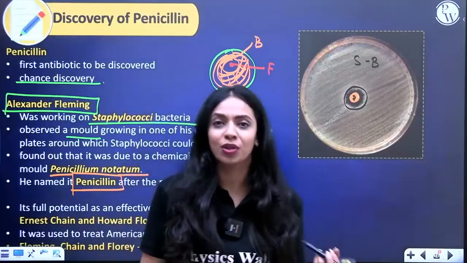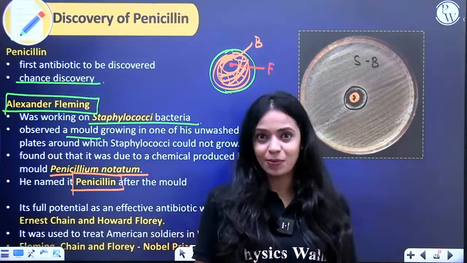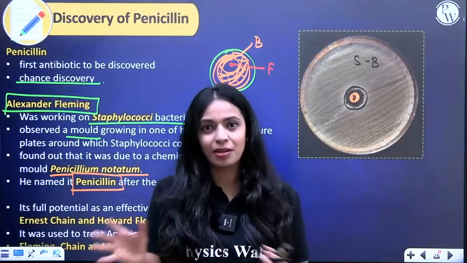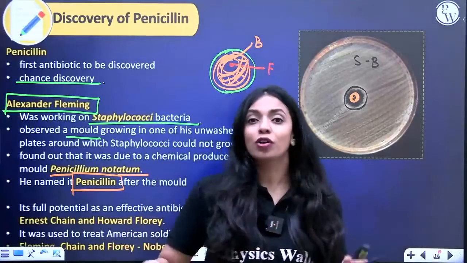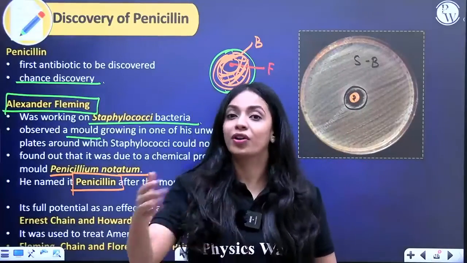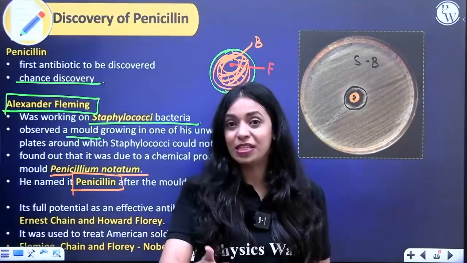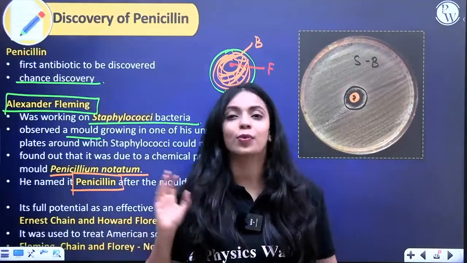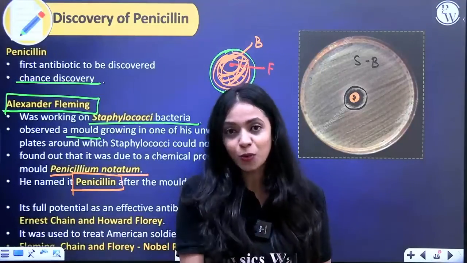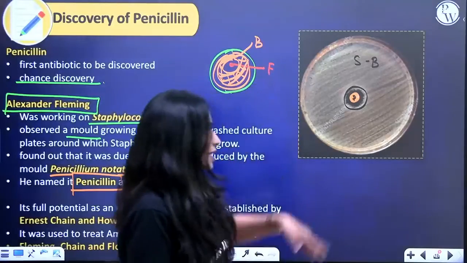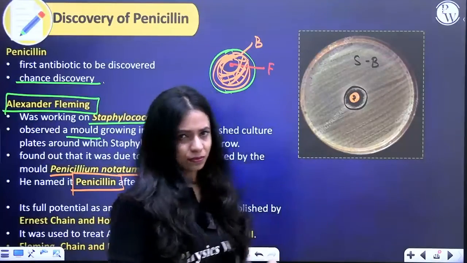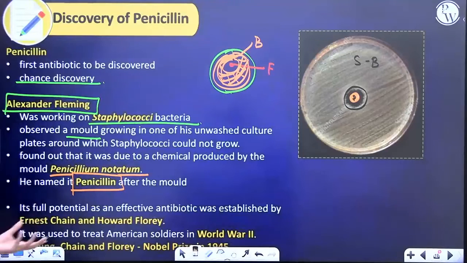Why would penicillium want to do that? Like I already said multiple times in the same lecture, microbes are present everywhere, and the nutrients that they need are limited. There could be a lot of other microbes growing around penicillium. So, in order to reduce competition for resources, it could be space, it could be food, they will secrete chemicals that will kill other microbes present around it. Because of that, they will get more access to space and to food, right? So that is the reason why they do this. But we make use of that to treat diseases in humans. Not just humans, antibiotics are used to treat diseases in animals as well, right?